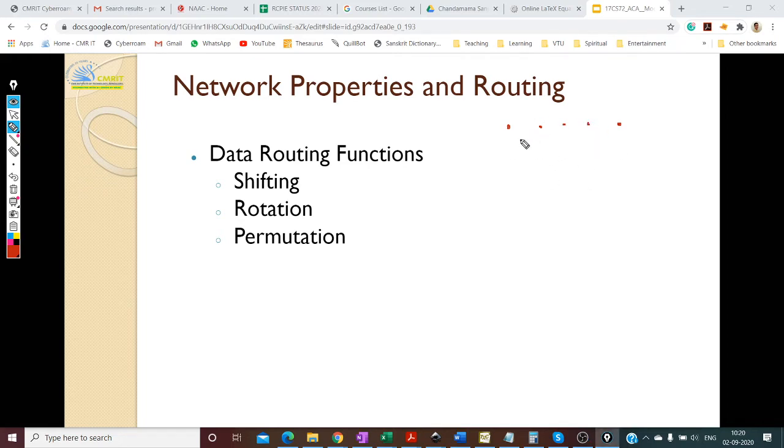So the permutation tells us how you can connect. Let us assume you want to have two networks here. Then you will have a permutation of connecting these three nodes together. Okay, these three nodes can be connected in one way, and the other two nodes can be connected in the other way.